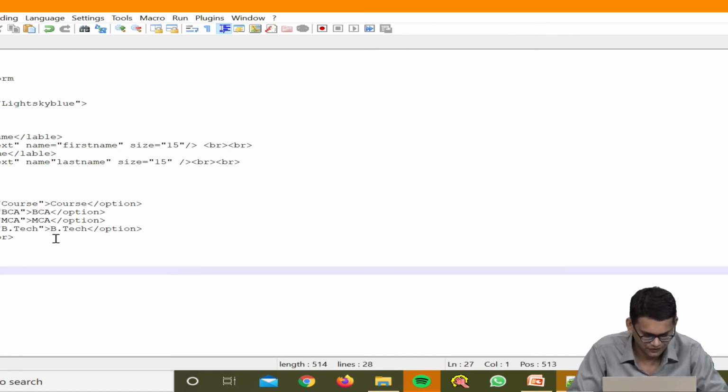After this we need to provide the input type, so it is basically a radio button. So we will provide radio, then name. What should be its name? The name will be male.